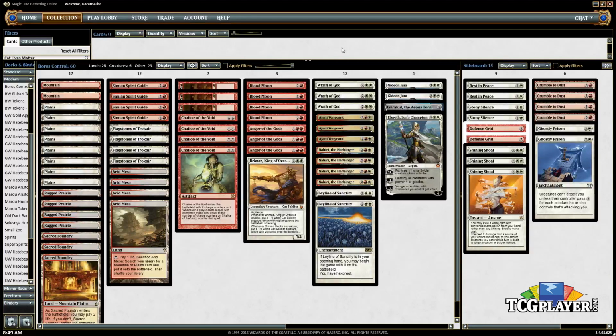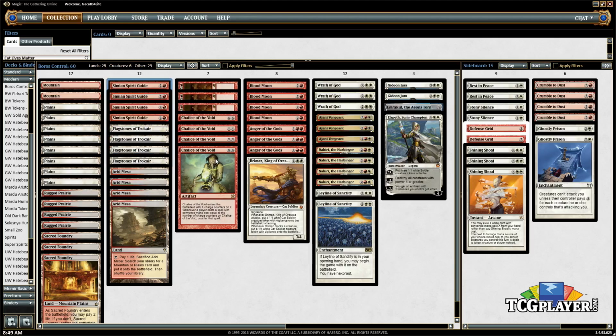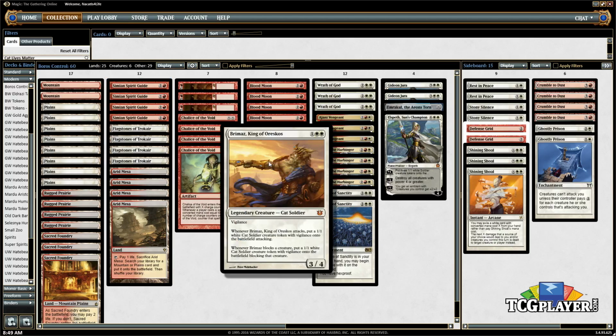Hello, this is Craig Wescoe recording for TCGplayer.com, and today we're going to be playing this Boros control deck in Modern. So it's a little different than some of the decks I've been playing. It's not an aggressive deck with a bunch of creatures. In fact, it has just 5 creatures. It has 4 Simian Spirit Guide, which most of the time aren't even a creature, and 1 Brimaz, King of